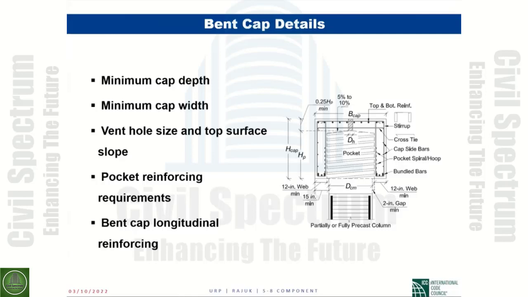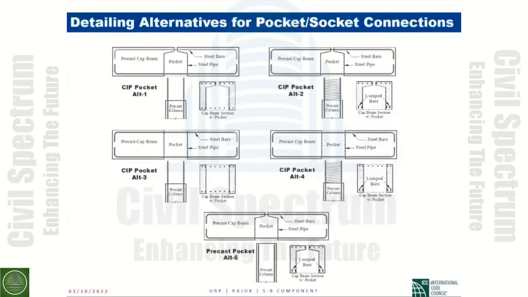Again, these are very specific requirements that we have provided. In our provisions, we are addressing different types of pocket connections or socket connections, and they're all shown over here. The provisions are applicable to a variety of these